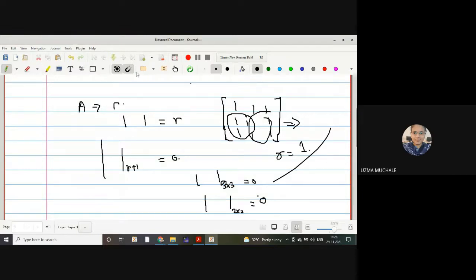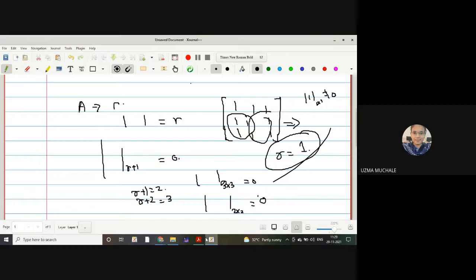So every determinant of order r plus 1, that means 2, or r plus 2, it is a 3, every determinant will be equal to 0, and it is said to be of rank r equal to 1, because if you take 1 cross 1 you will simply get a 1 cross 1 determinant which is non-zero. Hence we say that the rank of the matrix is equal to 1, and it is not equal to 2, because every determinant of order 2 cross 2 is equal to 0, and also the 3 cross 3.